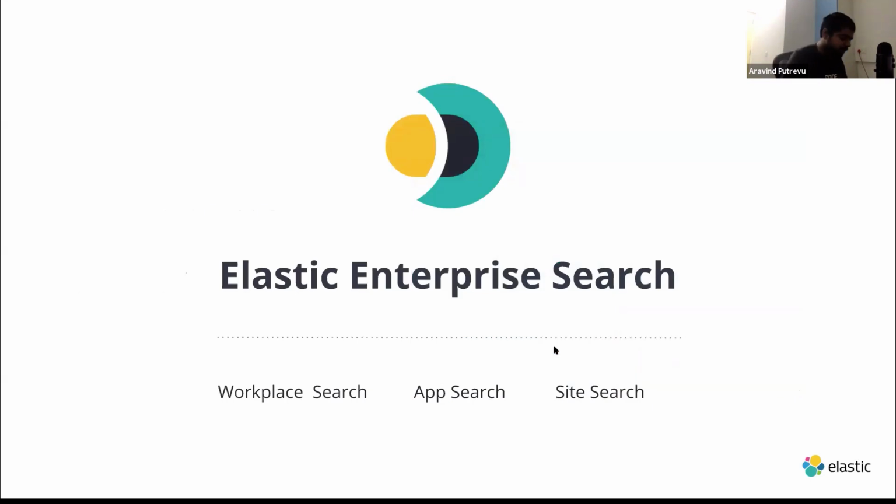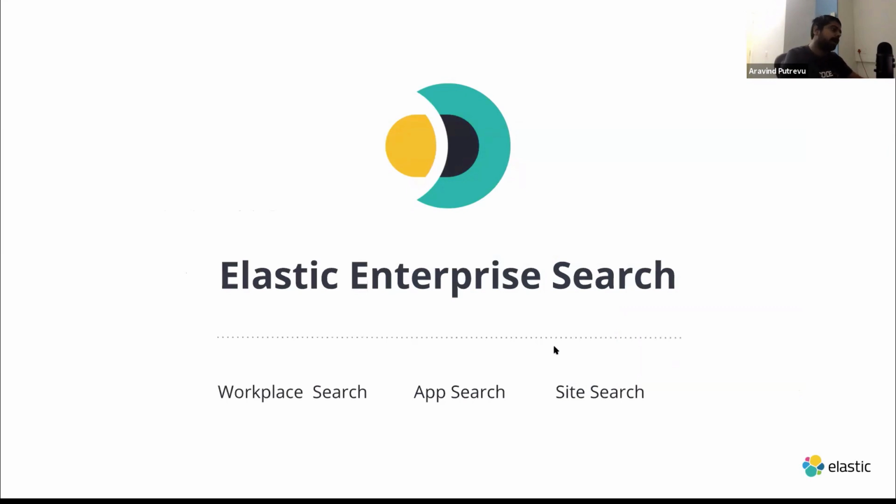More specifically, App Search comes under a search product, which we call Elastic Enterprise Search. It's one of the solutions that powers App Search. The other two solutions, as you might know, are Elastic Observability and Elastic Security. So we're going to talk more about App Search. Enterprise Search is the solution that we're going to focus on.